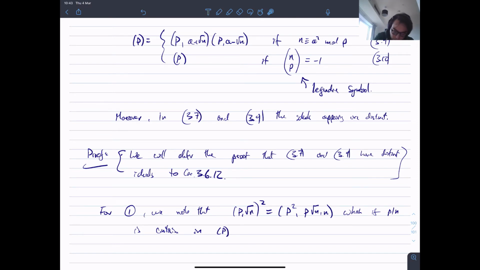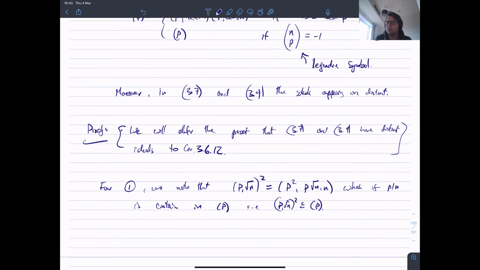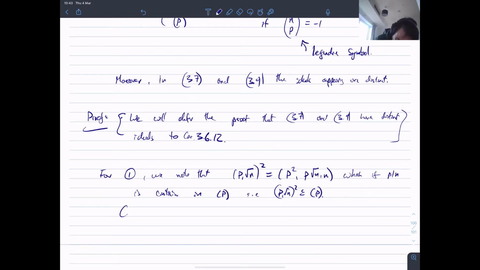So this, I'm somehow just doing double inclusion. I'm showing this is contained in this, i.e. p root n squared is contained in p. And now we're just going to do the other inclusion in reverse. Conversely,